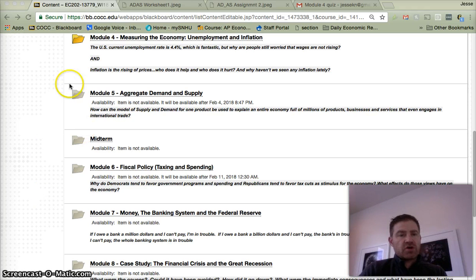So I just wanted to show you the question for this week. It basically says, how can the model of supply and demand for one product be used to explain an entire economy full of millions of products, businesses, and services that even engages in international trade? And so that gives you a little sign that we are going to be talking about aggregate demand and supply